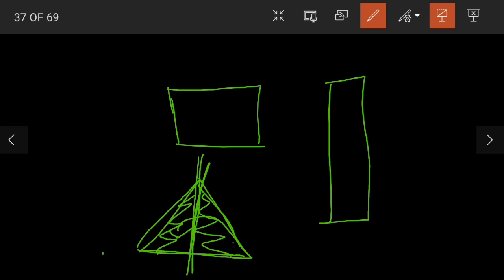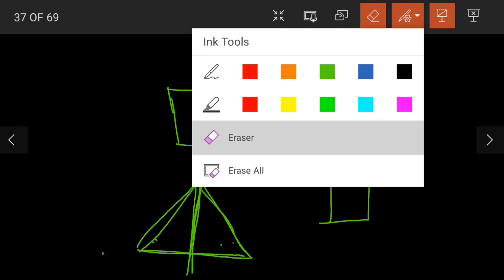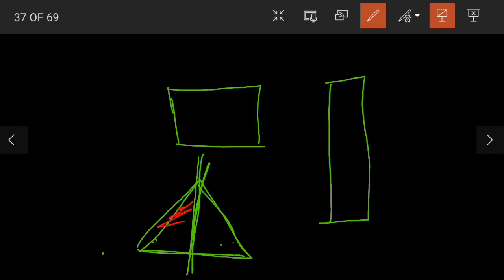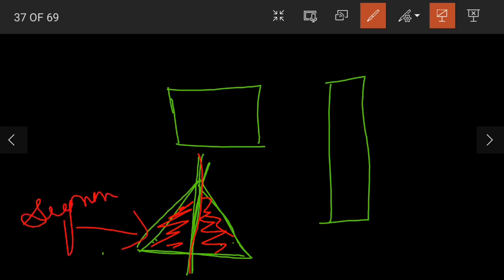So when we have such pictures which we can fold such that both the parts overlap each other, they are called mirror halves. These are nothing but the mirror halves of the given figure, and the line is called the line of symmetry, and the figure is said to be symmetrical.